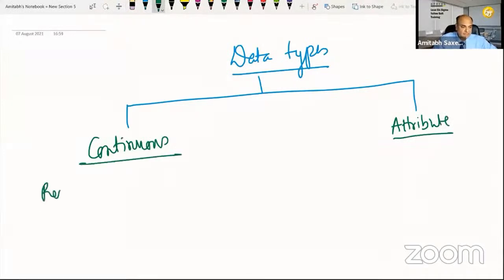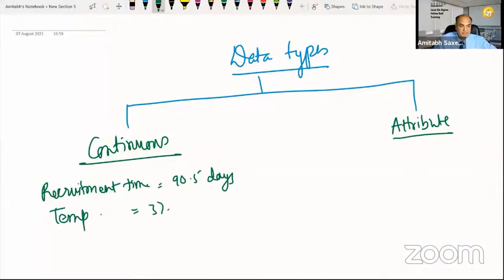Okay, some people said recruitment cycle time. Okay, recruitment cycle time, 90.5 days. Okay. Temperature, some people said temperature. Yes, 37.2 degrees Celsius. So you can see all of them, they have got a unit